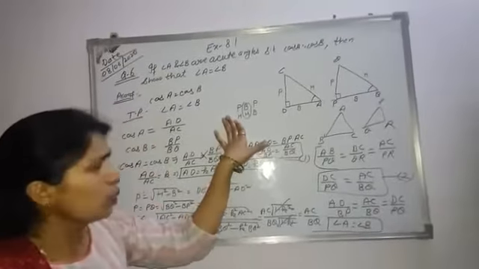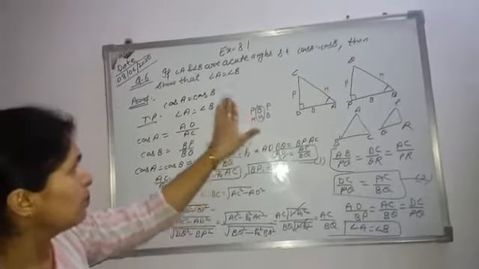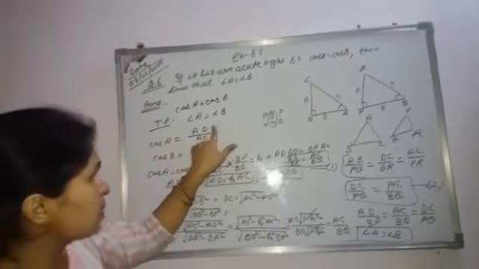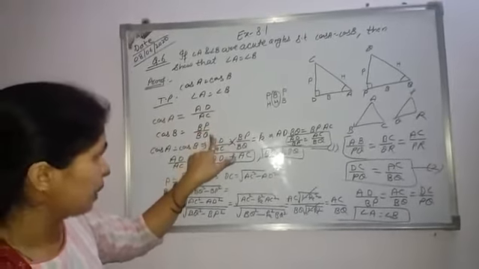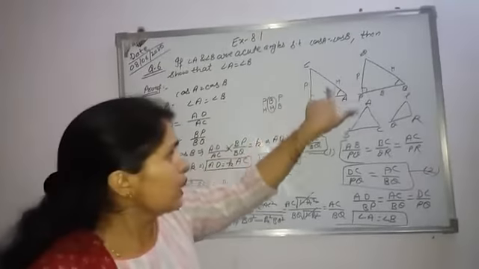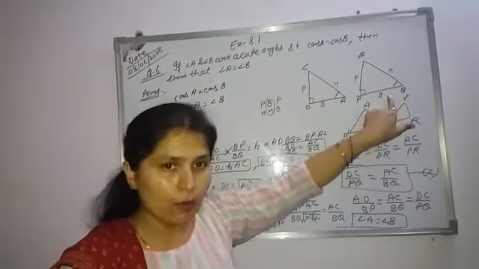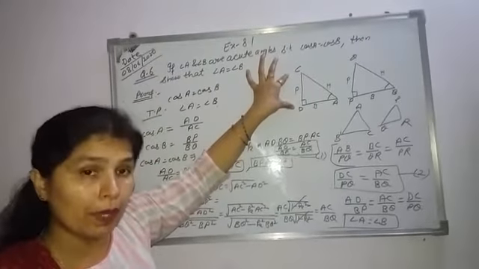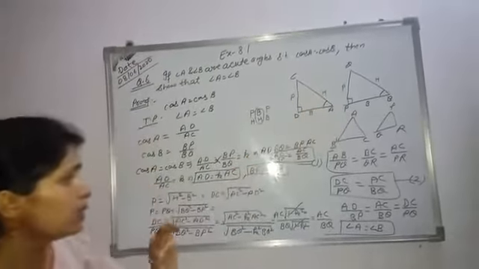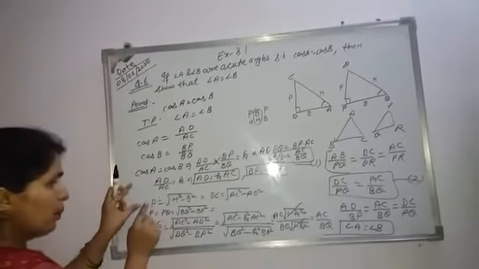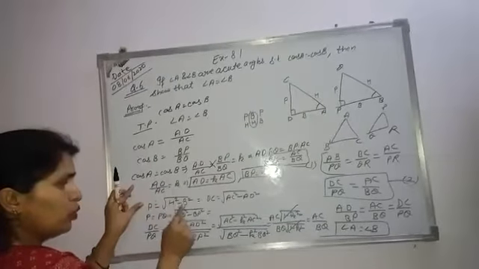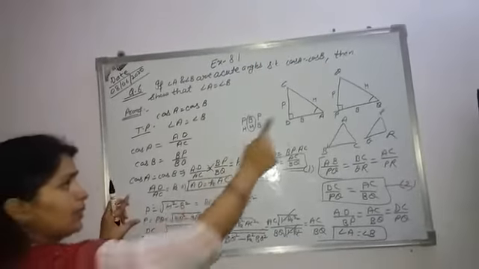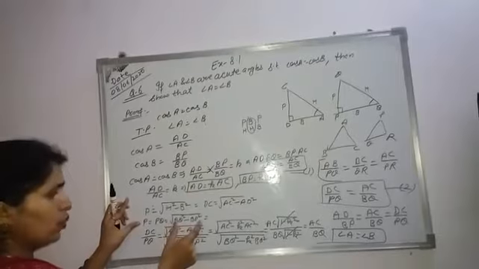Okay, so in this question, what condition do we have to apply? First, find out the value of cos A. Cos A is base divided by hypotenuse. Base and hypotenuse relation we have, so we want to find out the relation between perpendicular, hypotenuse and base with the help of Pythagoras theorem. Perpendicular is equal to under root of hypotenuse square minus base square, so we obtain this condition. And from the second triangle, again perpendicular is equal to this one.